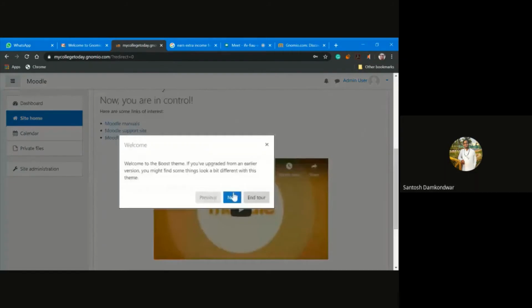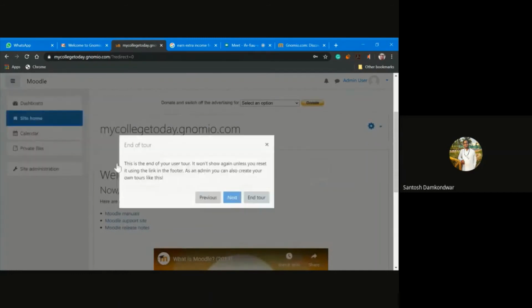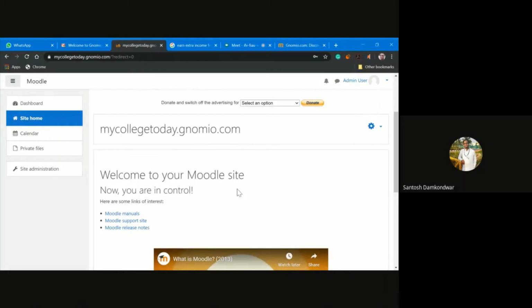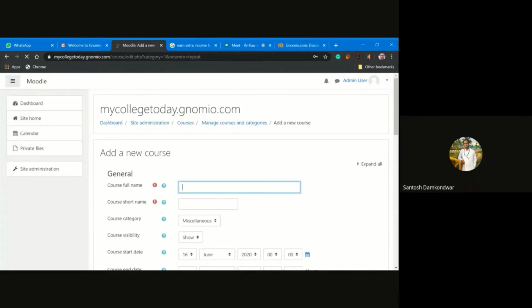Then in the site home, it may show the welcome note where it can take you through the various tour. You can also go through the tour, whichever you want. Then you can add a new course. So let us say I'm adding the course as a science course where I want to take the course for chemistry.